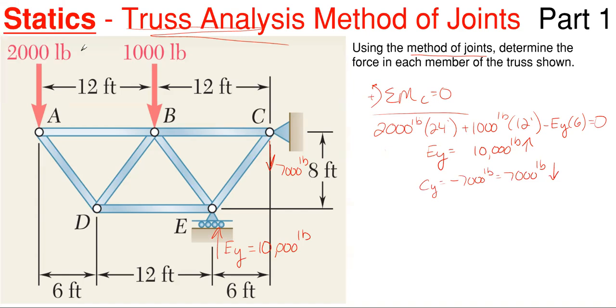So starting with joint C, I'm going to isolate joint C out, and I'm only going to look at what's being applied at joint C. Well, I have this horizontal member BC, this diagonal member EC, and every time I have a diagonal member, I am going to have